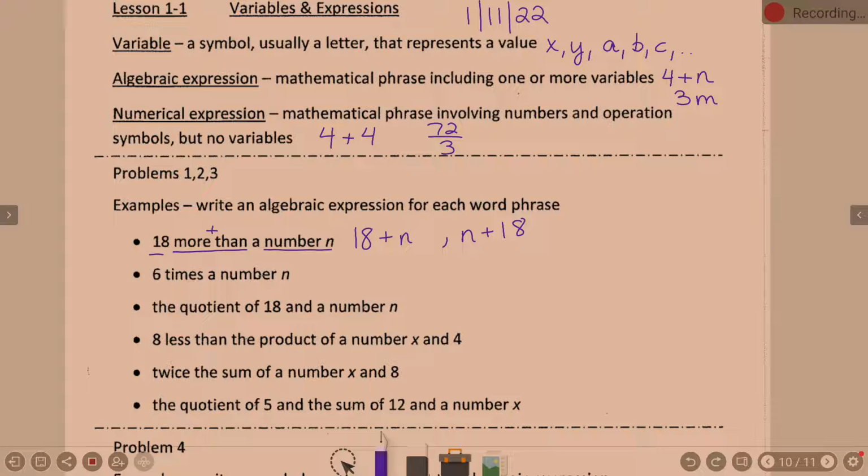Okay. Next one. 6 times the number n. What'd you say? 6 times n, yes. How do you guys want to write that times? 6 times. Okay. So one correct option to show multiplication is to do a dot. Or the X symbol. That one, unfortunately,